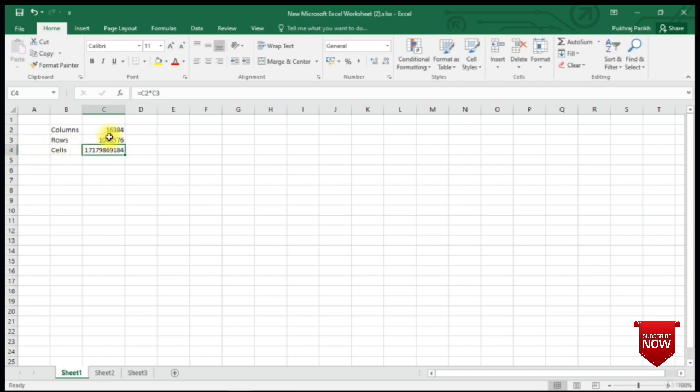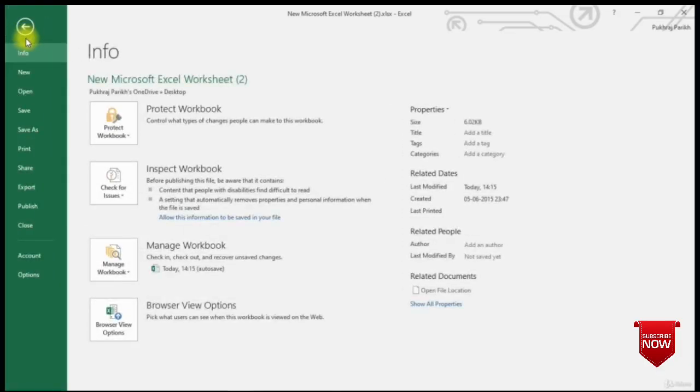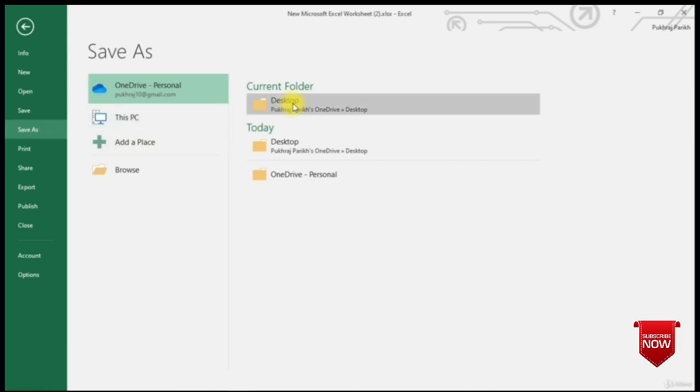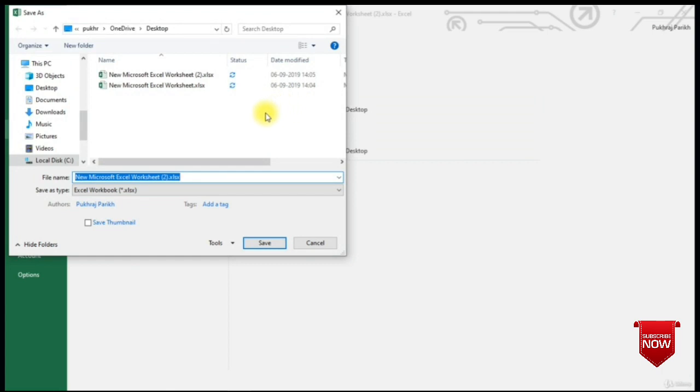So now you have created this worksheet which has some data into it. You would like to save this worksheet so that whenever you open it again, you access this same data. To save a worksheet, we use the File button. In this, you will see options such as New, Open, Save, Save As, etc. Since we are saving this file for the first time, we will click on Save As and we will select the location where we want to save this file.